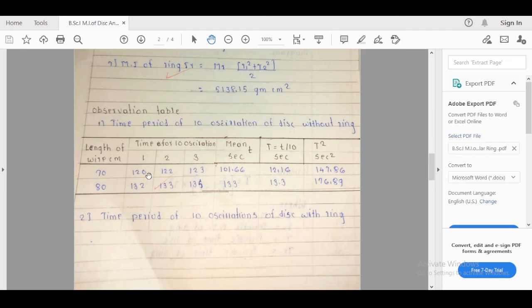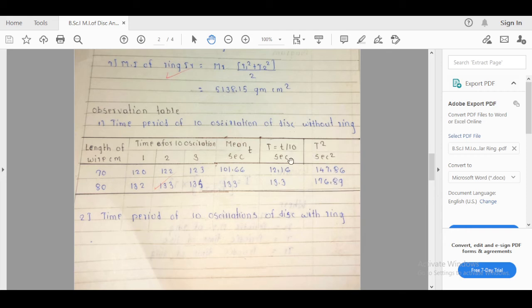As you know the procedure for measuring the time period for a particular number of oscillations, here the disc is a heavy disc because it has a mass greater than 1 kg, and that is why it is oscillating slowly. Now for 10 oscillations, the required time will be approximately 120 seconds in the first trial, 122 in the second trial, 123 seconds in the third trial, and the ultimate mean is 120. That is divided by 10. This figure will come out here, and now we make it square.